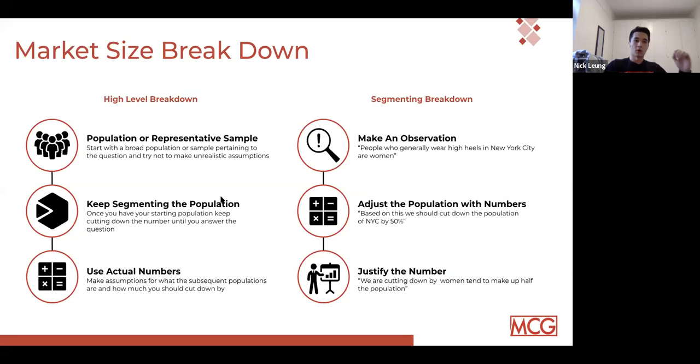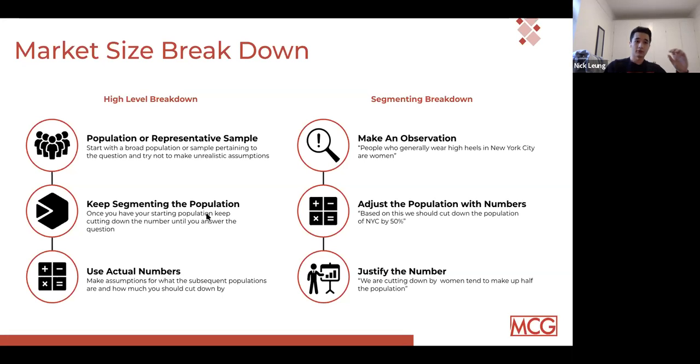So we talked about what a market sizing interview is. It's basically an estimation question, right? You're trying to estimate whatever population, whatever revenue figure they're asking for. So I think last time we did, how much revenue does the Starbucks outside of Stern give, right? And our job was to estimate that number. So a high level